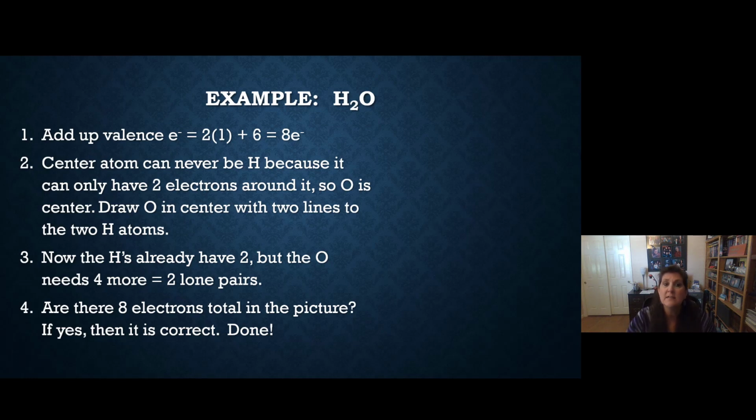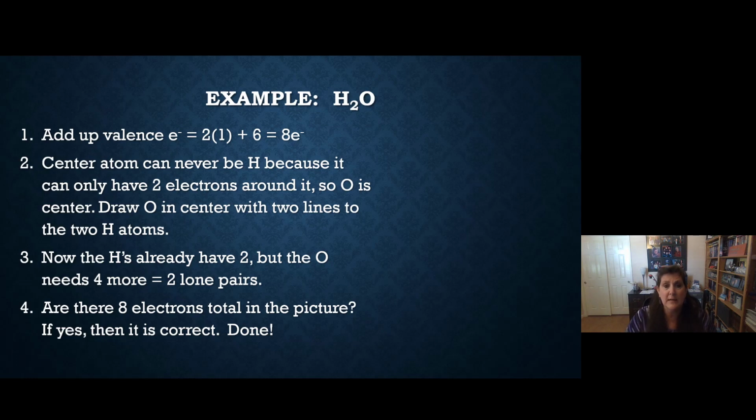So let's put oxygen in the center and draw a line to a hydrogen atom out to the side and a line to a hydrogen atom below it. So we have single bonds. So now let's look at our structure. The hydrogen atoms already have 2 electrons because of the bond to them. The bond counts for both atoms, so hydrogen has 2 electrons in that bond. So it's done. The other hydrogen also has a bond, so it has 2 electrons, so it's done. Hydrogens need 2 electrons in the drawing to be happy, so the hydrogens are good.